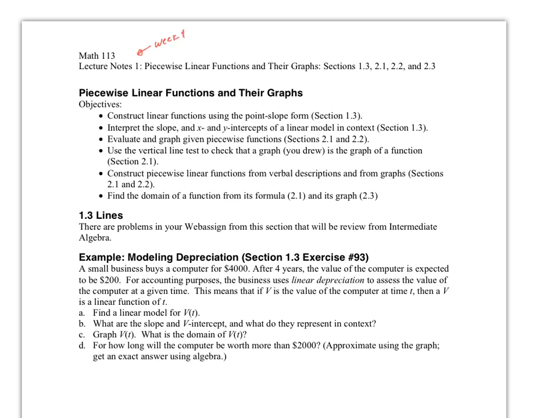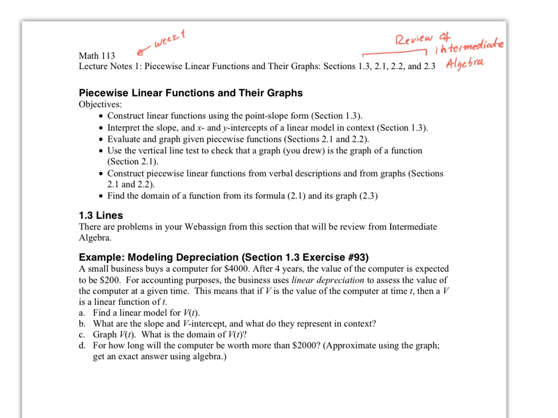It covers sections 1.3, 2.1, 2.2, and 2.3, which are pretty much a review of intermediate algebra. Actually, the majority of the class is stuff you have seen in intermediate algebra. We're just going to go deeper into the topics. Of course, there are also new things, but the majority is stuff that you should have seen at some point in your life. So in section 1.3, we're going to talk about